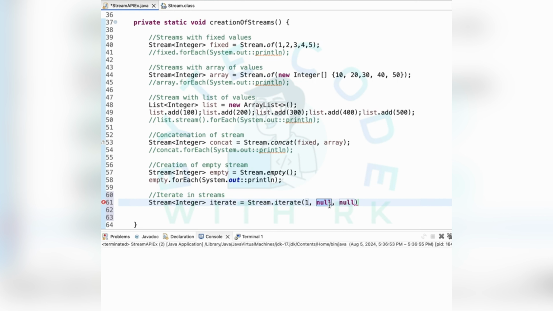Here the second parameter is a predicate. Predicate is the functional interface which takes a single value and returns a boolean value. If you are new to the predicate functional interface, please go through my previous videos so that you will get some idea on it. So predicate checks the condition. Okay, so what I will do here is,